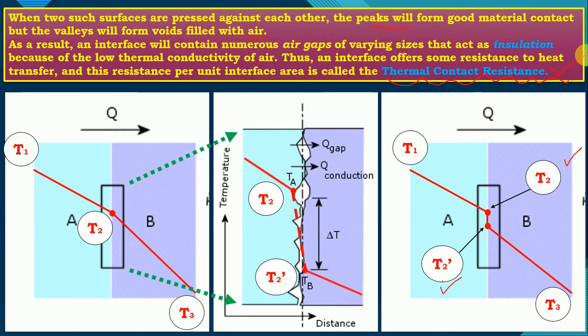As I told you, thermal contact resistance can be reduced but cannot be made 0. It can be reduced by using a highly smooth surface. Because of a highly smooth surface, we can remove the air gaps. At the same time, we can apply pressure on the two surfaces, like I can give a pressure on A and I can give pressure on B. Because of pressure given by some machine, what will happen? The mating surfaces will fit properly, and air from this particular mating surface can be removed. So we can use a force here, and at the same time a force here, to reduce thermal contact resistance.